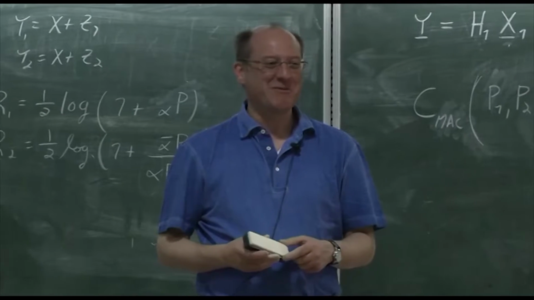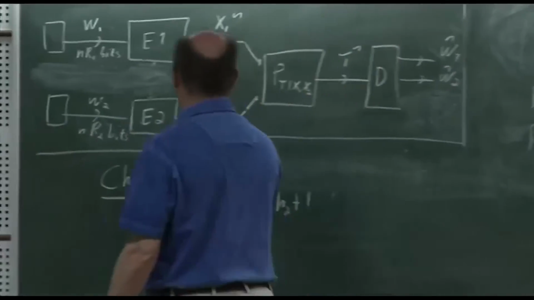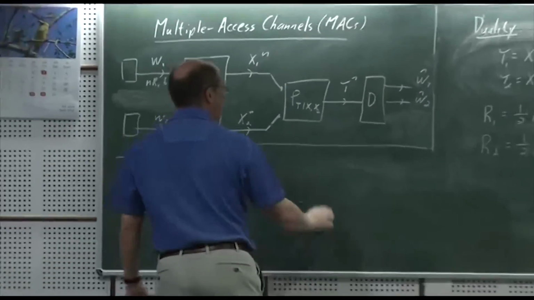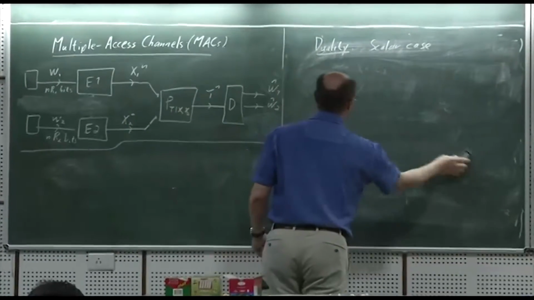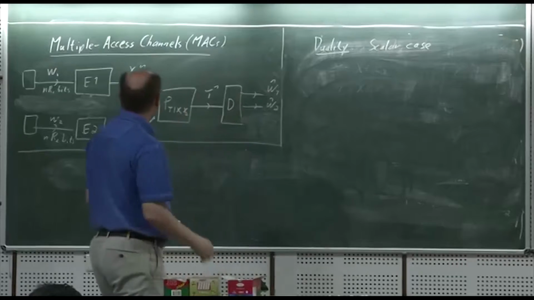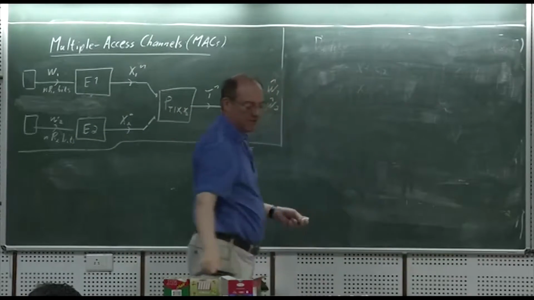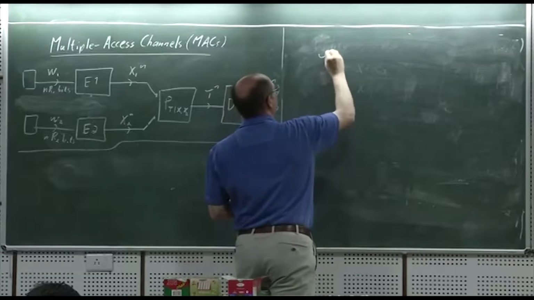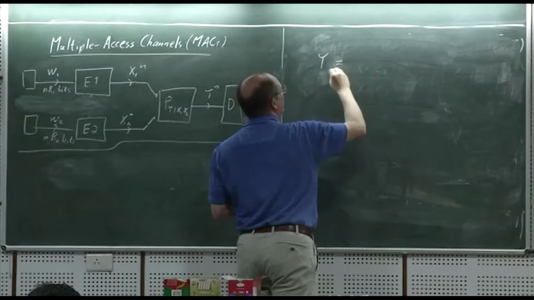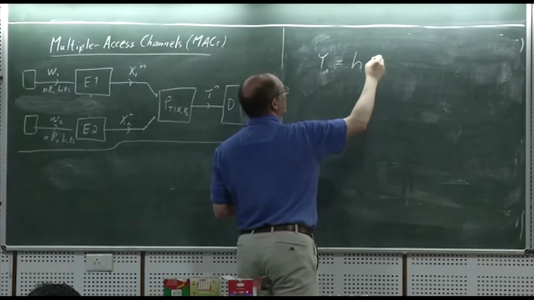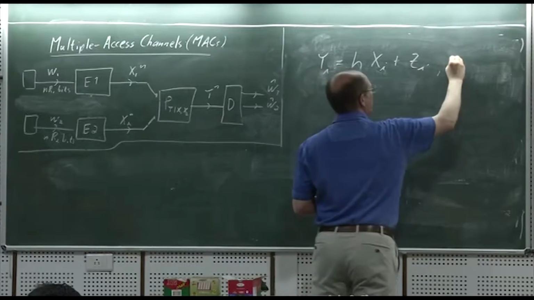I'm not sure what I should say about diversity now. So diversity has to do with a different kind of channel model, right? Usually when you talk about these problems, we have channel models with memory now. You have y_i equals h x_i plus z_i, where the channel h changes slowly. So if we look at this model just for a moment,